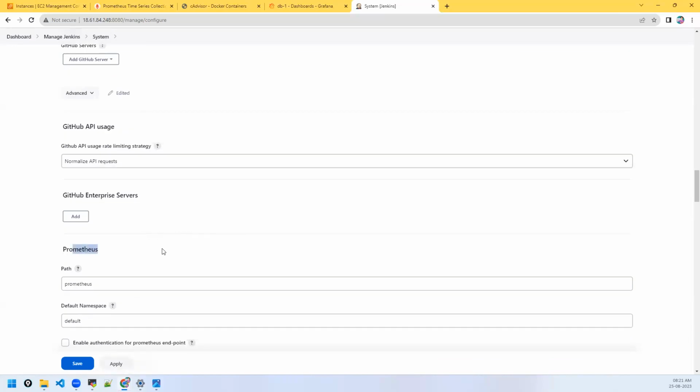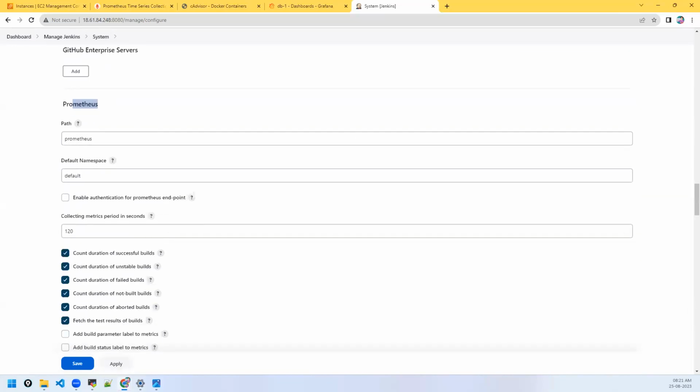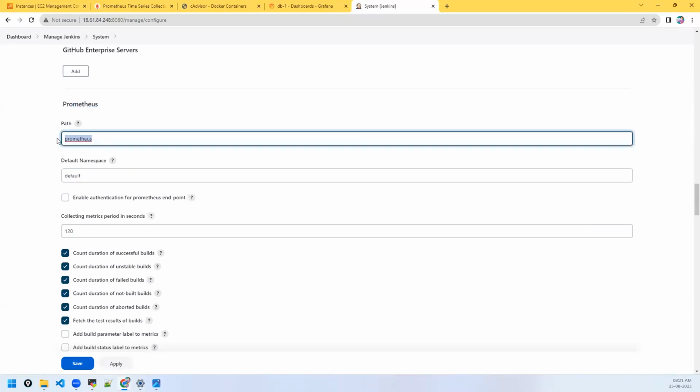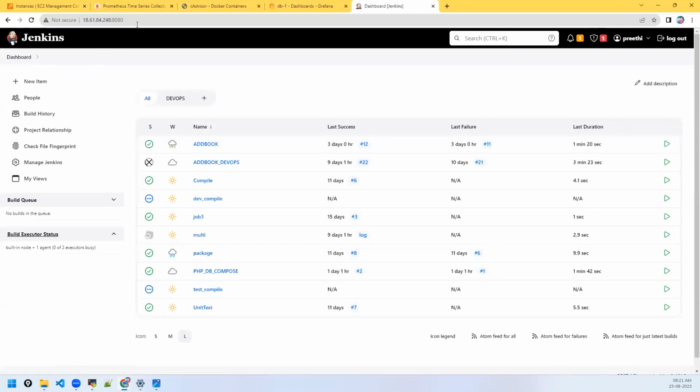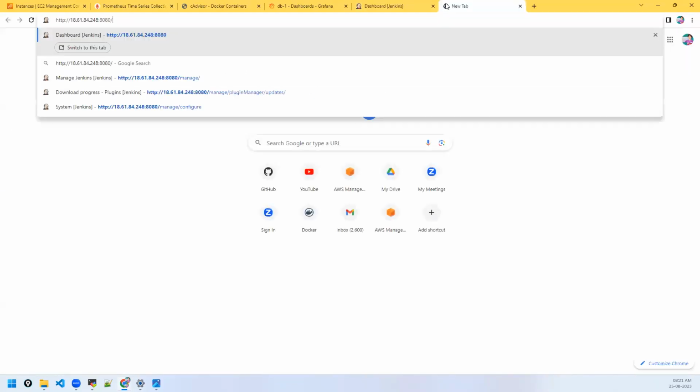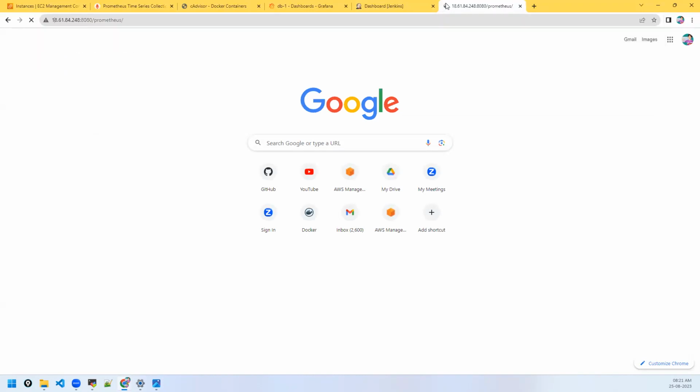Yes, right. Here you can configure the endpoint. The default endpoint is considered as prometheus, that is also fine. Save it. What it does is Jenkins will expose its own metrics to this endpoint, from which Prometheus can